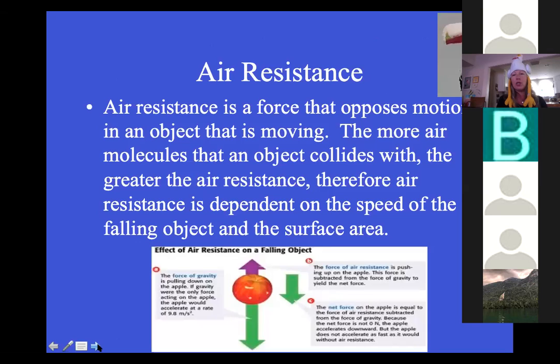In your notes, you need to write this down, the words air resistance. Air resistance is a force that opposes motion in an object that's moving. The more air molecules that an object collides with, the greater the air resistance. Therefore, air resistance is dependent upon the speed of the falling object, and also on the surface area of the object. So if you were dropping an elephant and a feather off of a building,